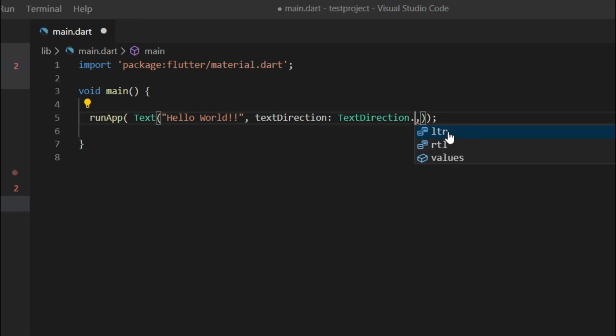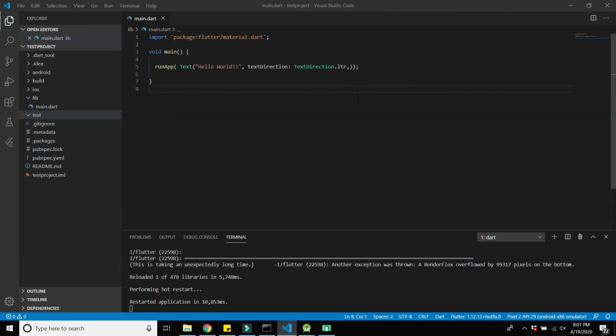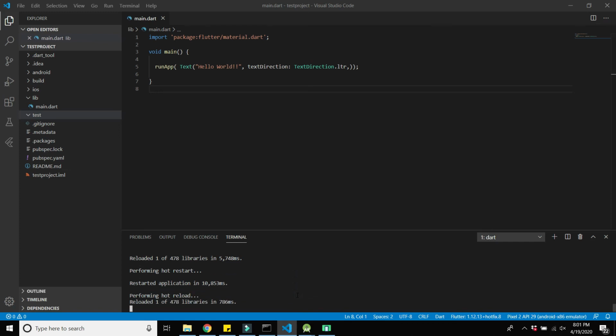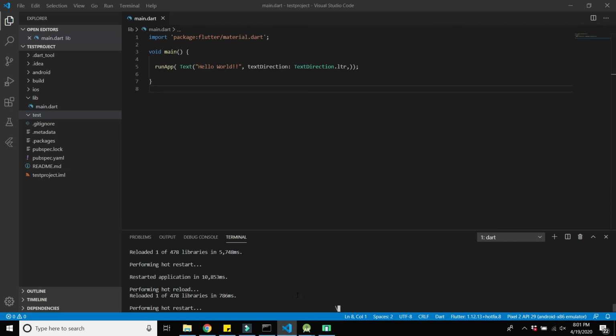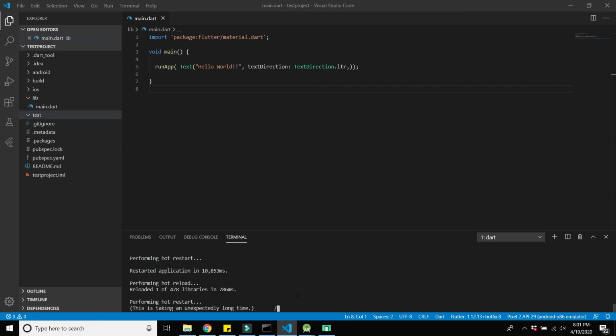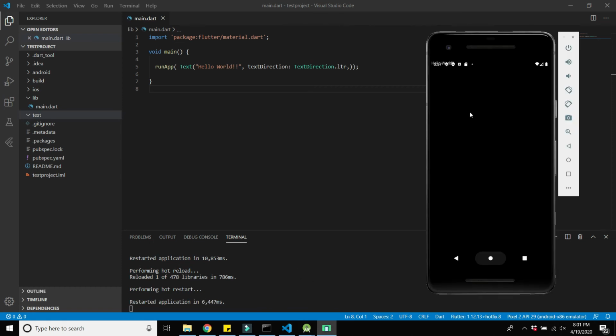Here we will use this property LTR and save this project and press the R button or Shift R button. So once this will complete, now you can see the blank screen and Hello World is written behind this time.